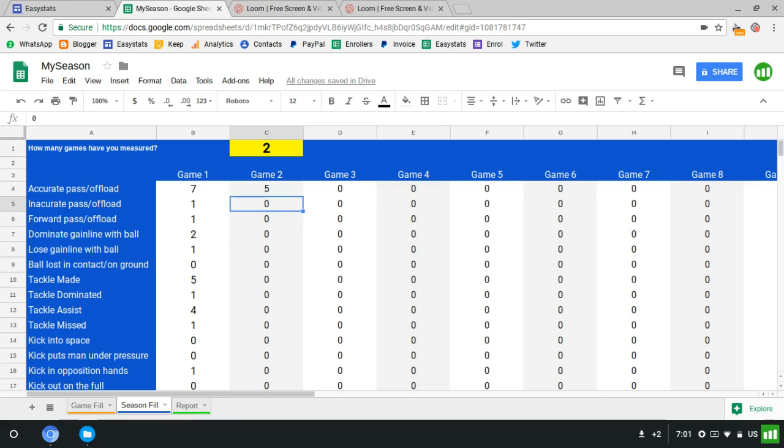I didn't make an inaccurate pass. I didn't make a forward pass. I dominated the gain line 6 times. I lost the gain line once. I lost the ball in contact once. I made 6 tackles. Dominated once, assisted my mate 3 times, I missed 2 tackles, I kicked into space not